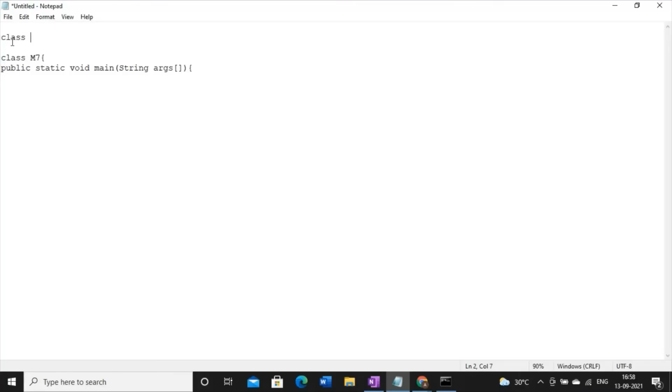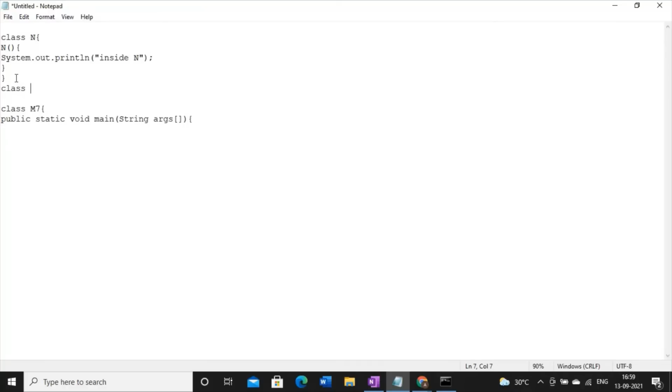Say we have a superclass n, and in the superclass we have one constructor n, and within this constructor we have the simple line System.out.println, where I'm just printing inside in. Now I have to create single inheritance.